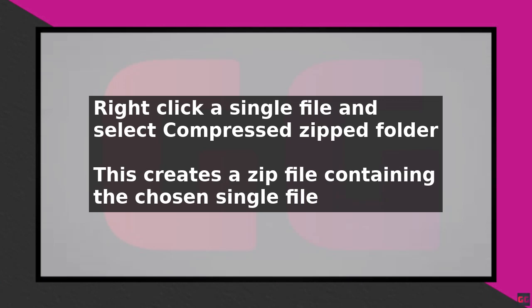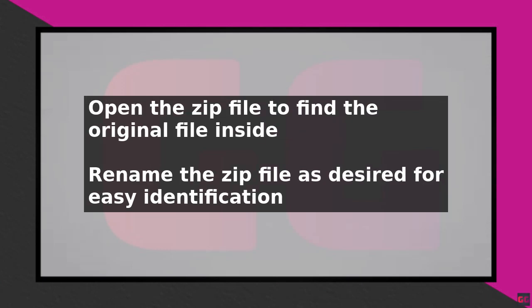Alternatively, if you want to create a zip file of a single file, right-click on the file and select Compressed (zipped) folder. This will create a zip file containing the chosen file, allowing you to rename it as desired. Upon opening the zip file, you will find the original file inside. This method provides an easy way to create zip files, whether for folders or individual files. In Windows 11,